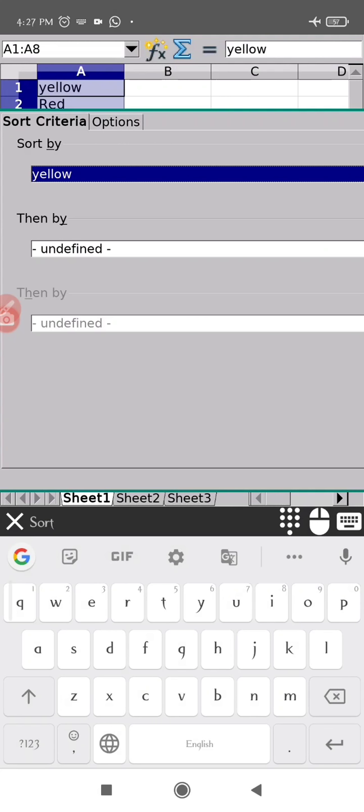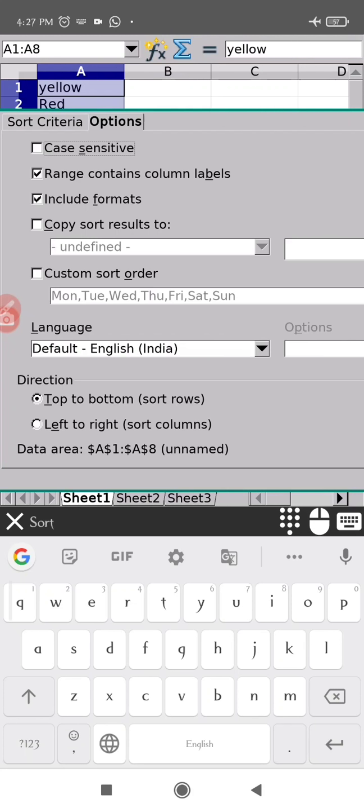Here you can see there are two tabs, Sort Criteria and Options. If I want to keep yellow in its own place, meaning if in the place of yellow there were the name of the colors or any other word as a label or as a heading of that column, then I don't need to change it. But here yellow is part of the list, so I have to change it. Here the heading would be Column A because all the list items are in column A. How do we do it?